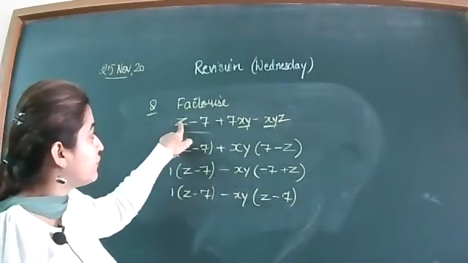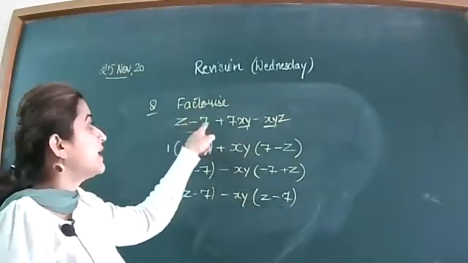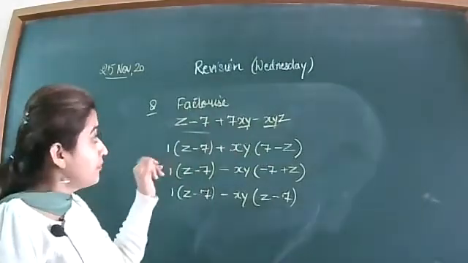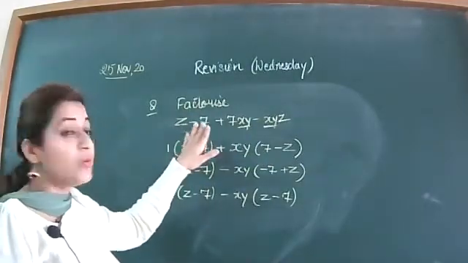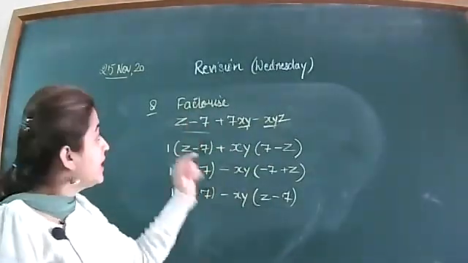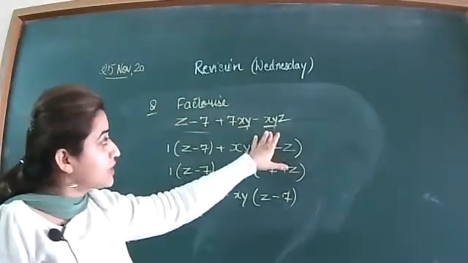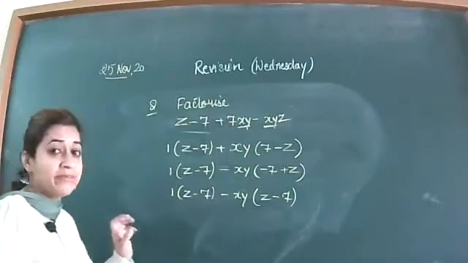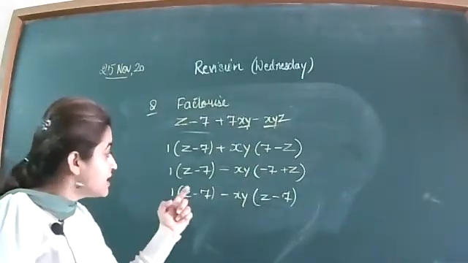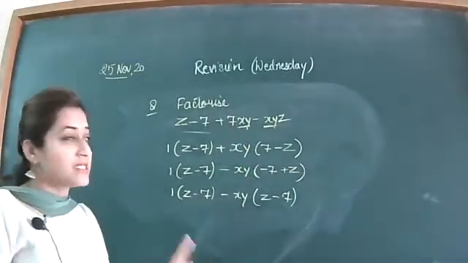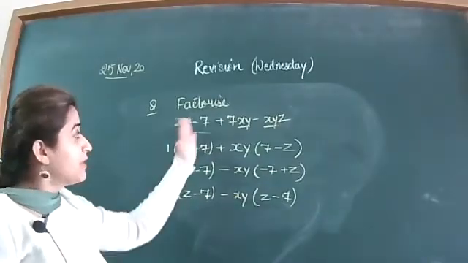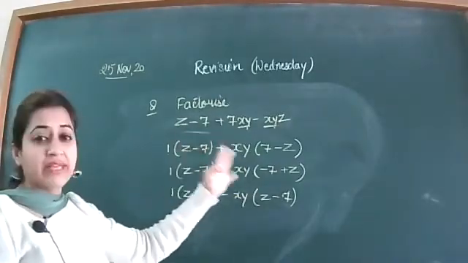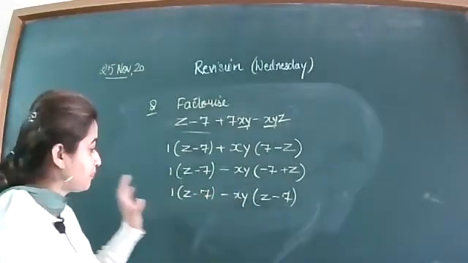Then you can combine the first term with the third term, second term with the fourth. Or if in that case you are not getting the same term in the bracket, then you will combine the first term with the last and the middle two terms will be combined. Okay? That means the necessary condition is that the terms in the bracket should be the same. If you are not getting the same term, that means you have not taken the correct pairs.